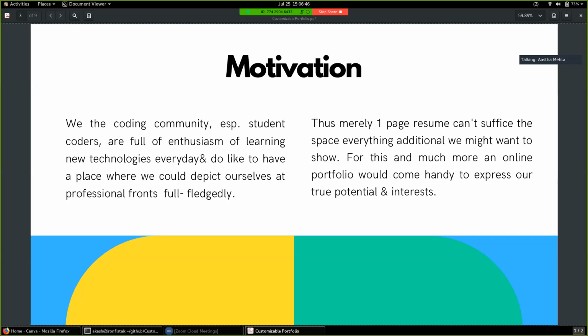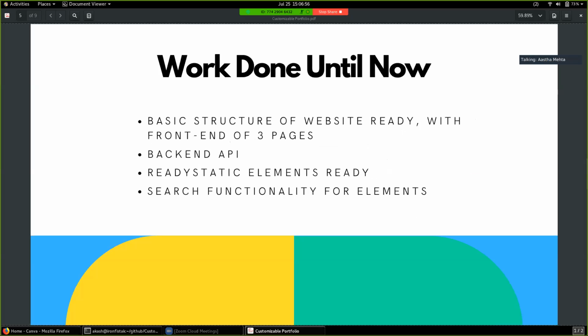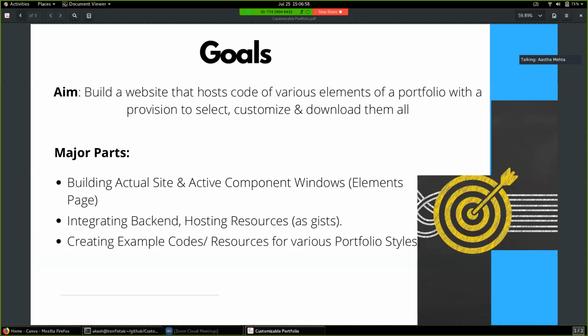Further, in the following slides, we would like to present the technologies used, how exactly the site structure would look, and what the current progress of the project is. Since this project is open source, more contributions could benefit it. And now I'll hand over to my teammate Sarthak, who will show the demo of this site.